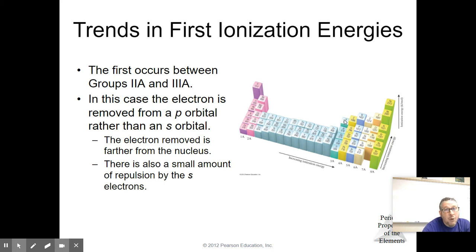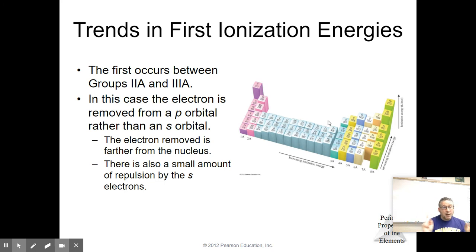So this electron in the p orbital is further away from the nucleus. And what did we say occurs when electrons are further away from the nucleus? Well, it's a little easier to pluck those electrons away. So this single poor little electron all by itself in the p orbital is further away, and therefore it takes less energy to